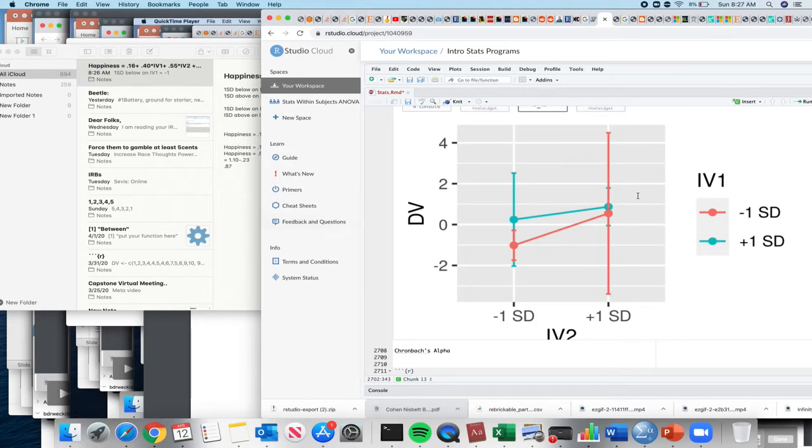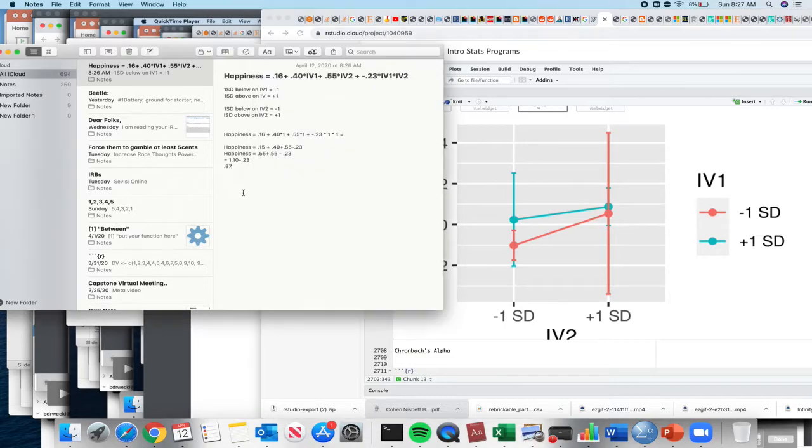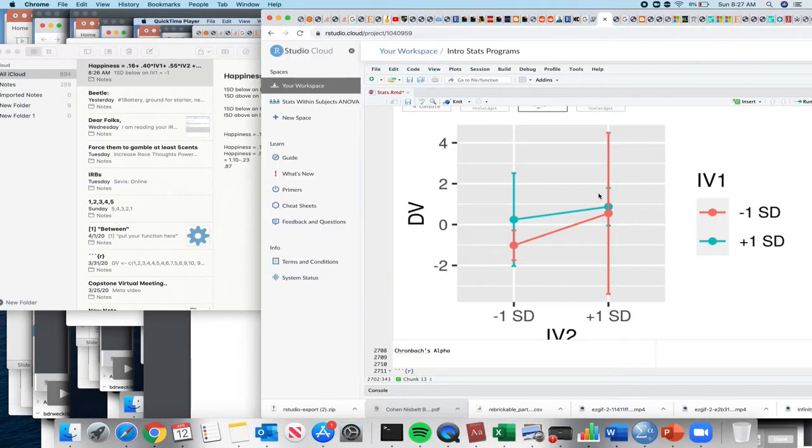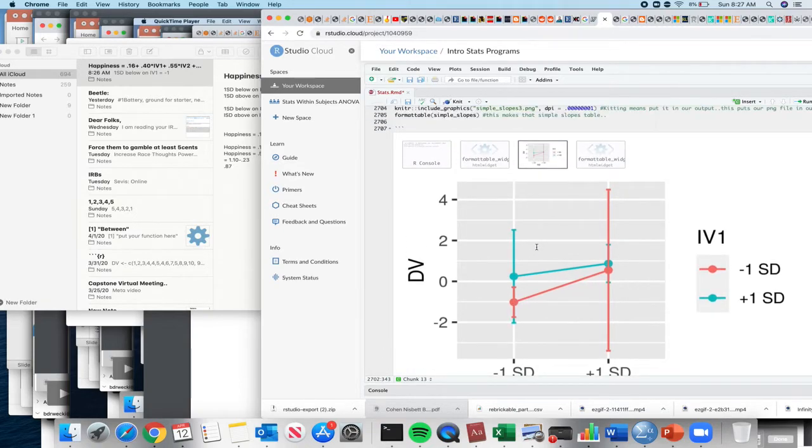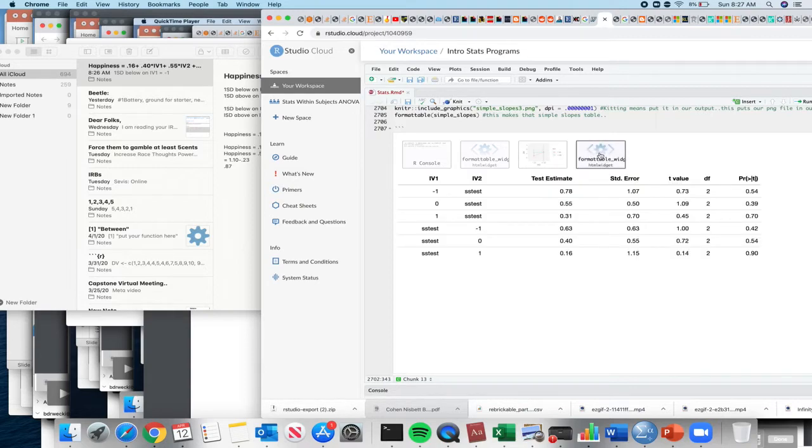We do that 3 more times for all the other points. That's how we get those simple slope values. Okay? That's where all this stuff came from. And that allows us to understand the nature of the interaction. Right? Totally. It does. And so then we basically have everything that we need, except that there's something called a